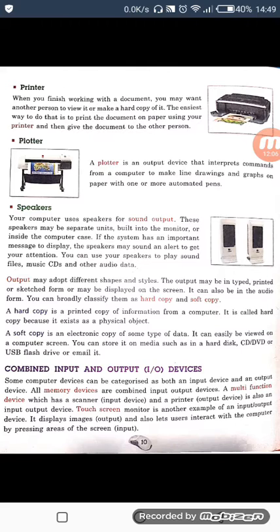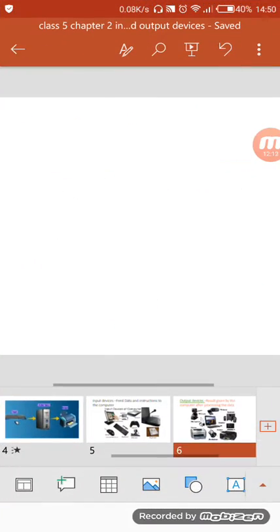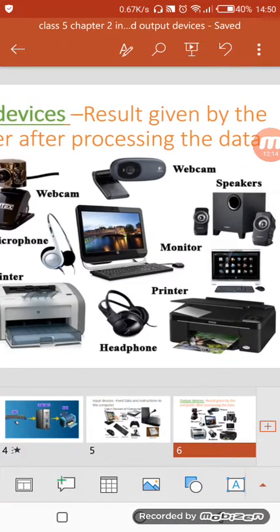Now move to next point, our speakers. What are speakers? I gave you an example that whenever we want to listen to a song, we listen to it with the help of speakers. Nowadays speakers are automatically in our phones, but if we talk about the big speakers which are connected at functions, parties, what are these? These are big speakers. Okay, we call it sound output.